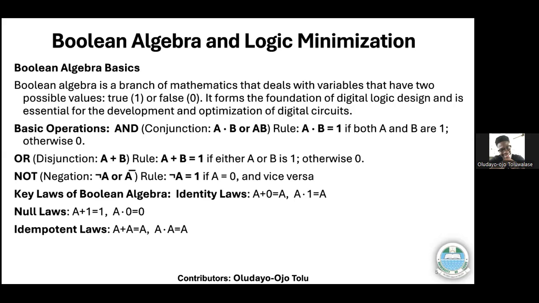Now, there are key laws of Boolean algebra. Boolean algebra follows specific laws that help simplify expressions. We have the identity law, for example, A plus 0 is equal to A. We also have the complement law, that is A plus A inverse equals 1. And we have the distributive law, A times B plus C